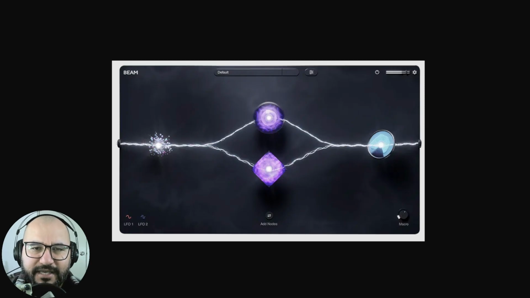Today we are taking a look and making a deep dive into this awesome multi-effect plugin by the company Lunacy Audio. This is the Beam plugin, and in today's video I want to walk you through the features and controls and also let you know why this plugin is special amongst multi-effect plugins. Of course, I want to test sounds in different instruments, different elements in a mix, and also check